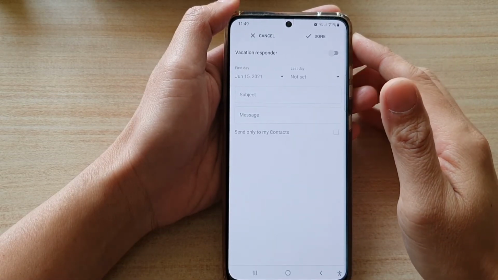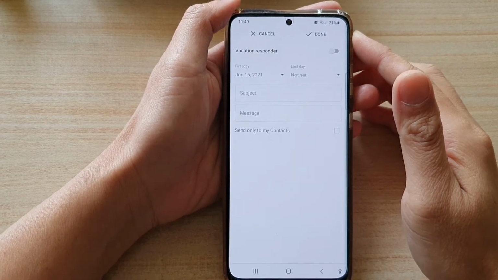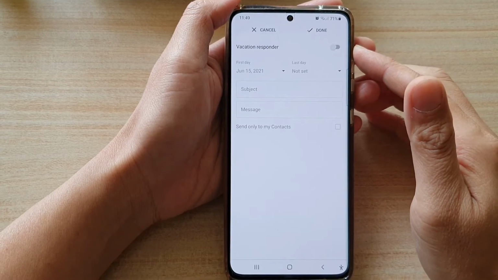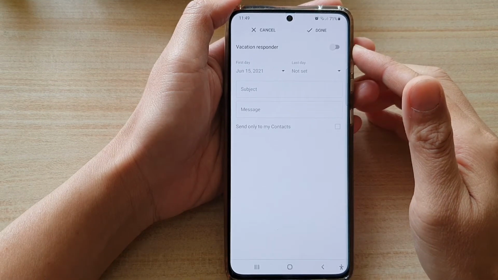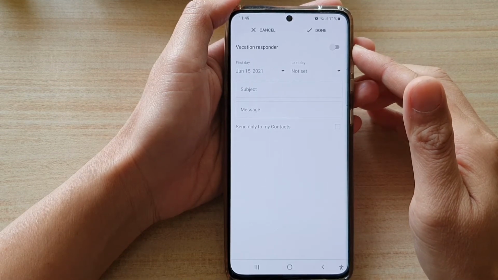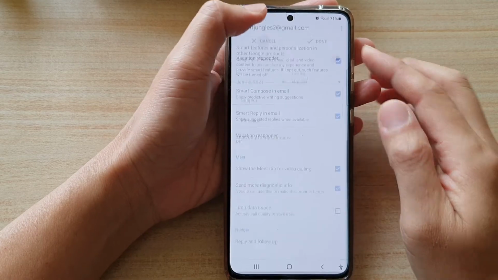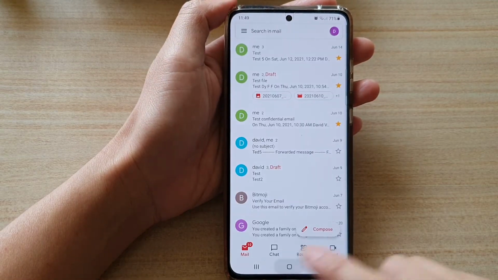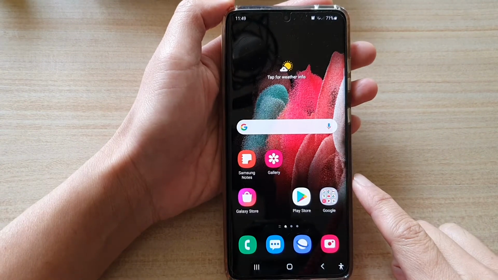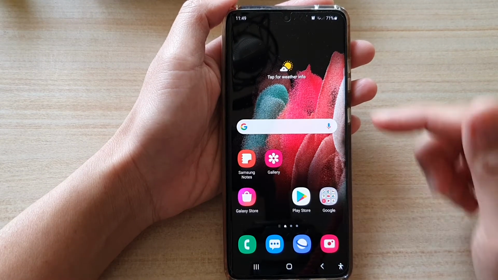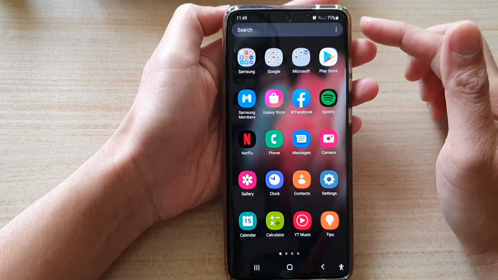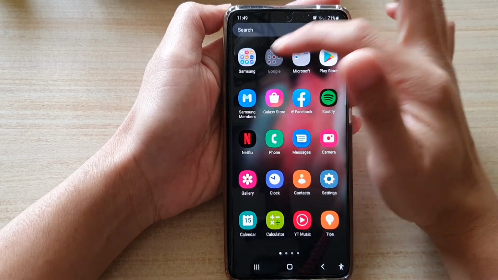Hi, in this video, we're going to take a look at how you can turn on Gmail Vacation Responder for when you are away on the Samsung Galaxy S21 series. Now first, let's go back to your home screen by tapping on the home key at the bottom of the screen. On the home screen, if you swipe up to go into the app screen, tap on the Google folder,